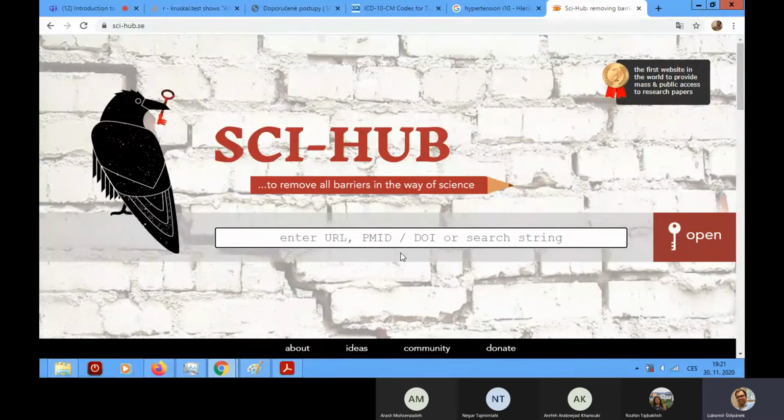Okay, I'm not going to give you any directions. It's absolutely up to you, but I think that you should know about Sci-Hub. I'm not going to use it now. I'm only saying to you that there is a web page, Sci-Hub, which is unofficial, while PubMed or Thomson Reuters or Elsevier or whatever are totally official. And many times, once you would like to have a paper from these pages, I showed you how to get